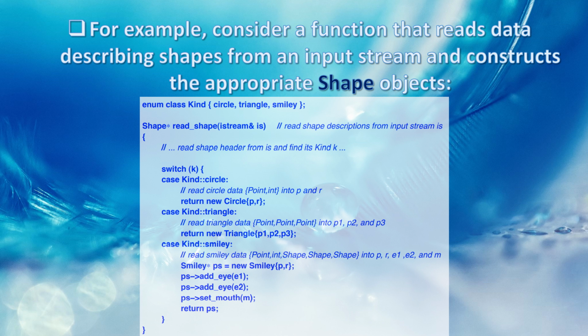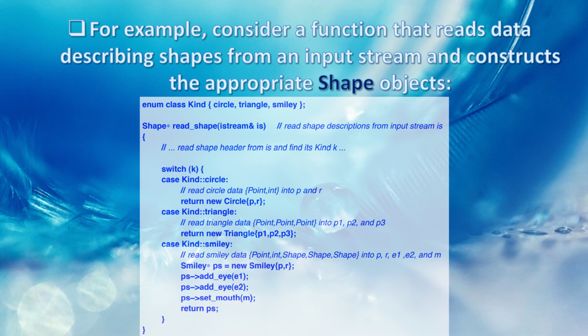enum class Kind { circle, triangle, smiley }; Shape* read_shape(istream& is) // read shape descriptions from input stream is. Read shape header from is and find its kind k. switch (k) { case Kind::circle: // read circle data {Point,int} into p and r. return new Circle{p,r};